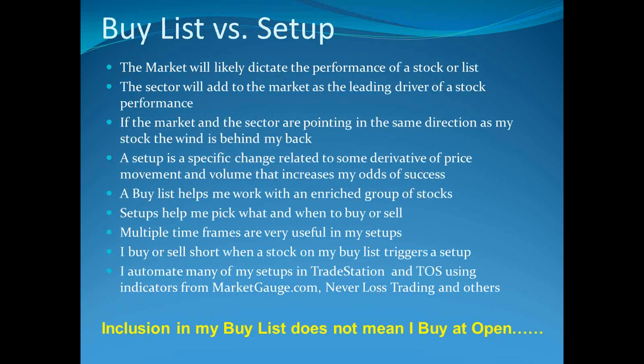A couple of comments. When I say add to my buy list, it doesn't mean I'm going to buy it at the open on Monday. I know that what the market does determines what my stocks do. So I will take your 8,000 potential stocks and ETFs that I might be interested in trading based upon price and volume, and get them down to a manageable list that I will be ready to pounce on Monday morning. Then if the market goes the way I'd like it to go, and my stocks seem to be behaving, I might buy some of them. So all we're doing is identifying stocks that might seem appropriate.